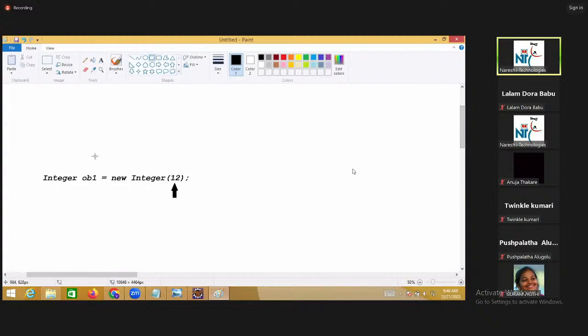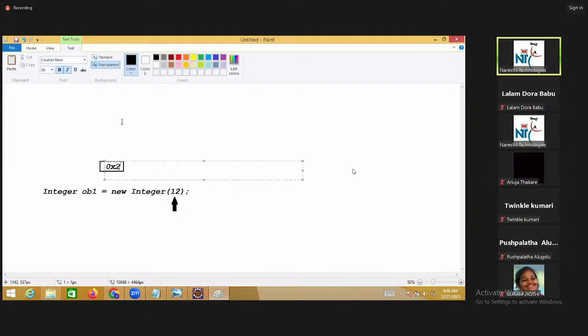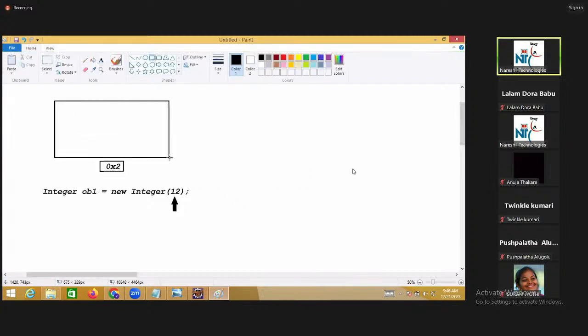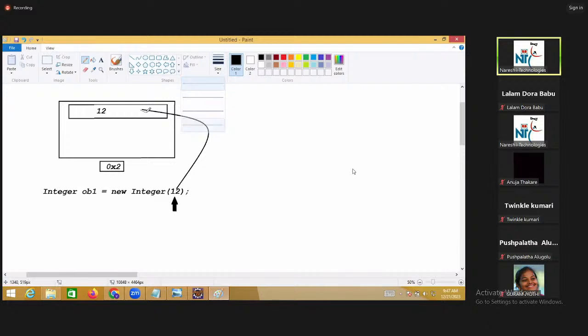Now, one object created. While object creation, this 12 is bound here. The constructor will take the 12 and bind it. That only is boxing.